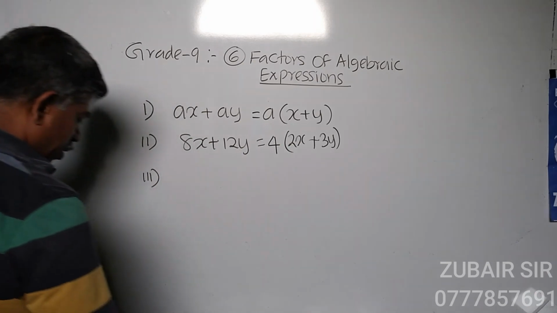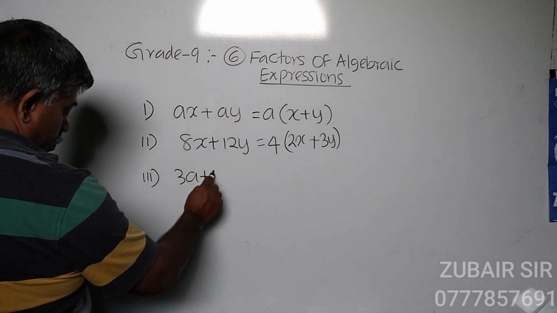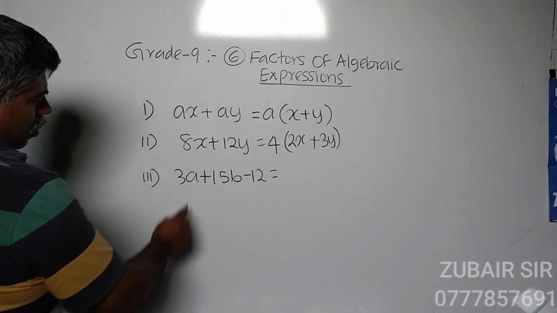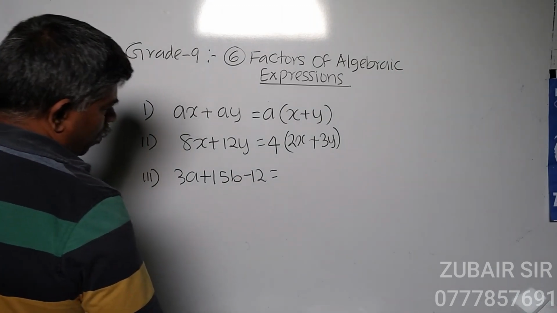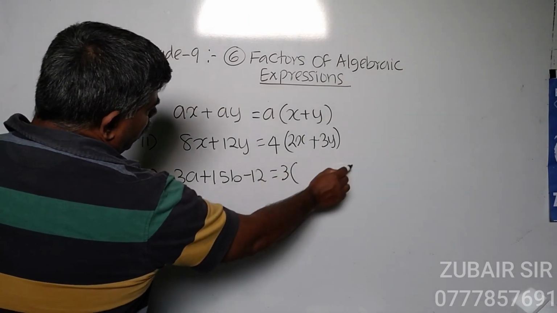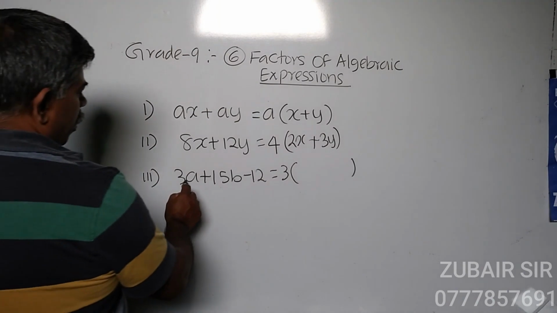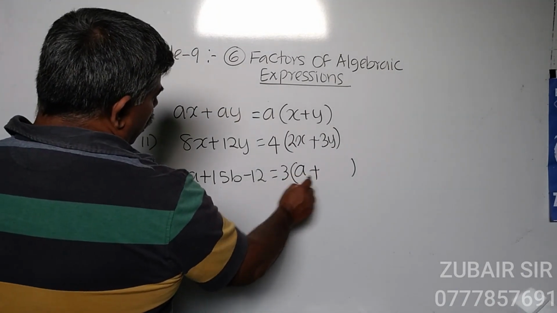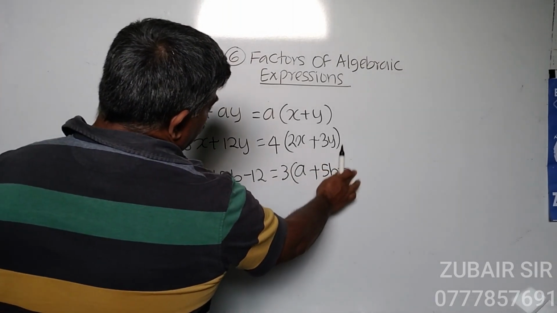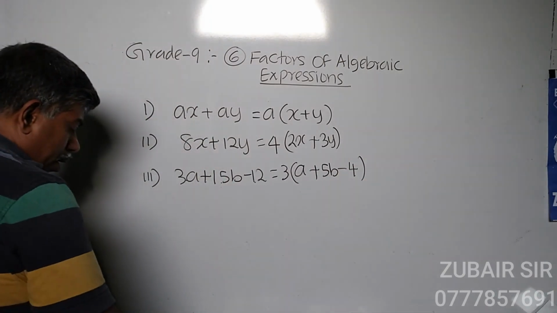Now sometimes you are getting 3a plus 15b minus 12. 3 terms are there. In these 3 terms also, we can take the common one. 3, 15, 12. All the numbers can be divided by 3. Then you can separate a 3. When you separate a 3, in this a remains. Here how many 3's are there? Divide by 3, then 5b. Minus, how many 3's are there in this? 4. Like this, a bracket can be formed.